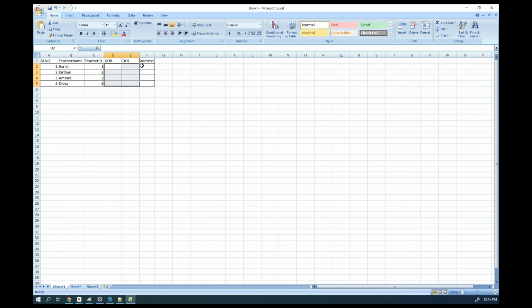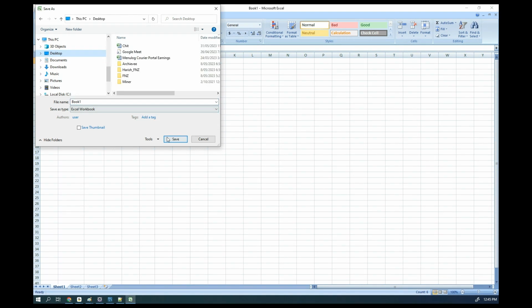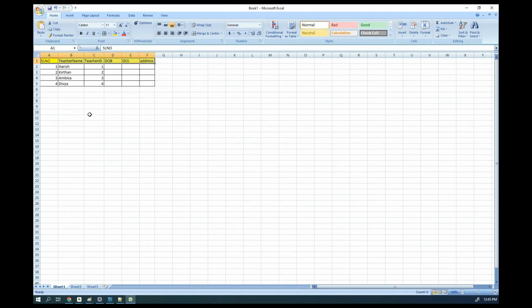So let's assume some values. This is the Excel sheet. I'll save this one on the desktop as book one XLS. So if you want to read this file,